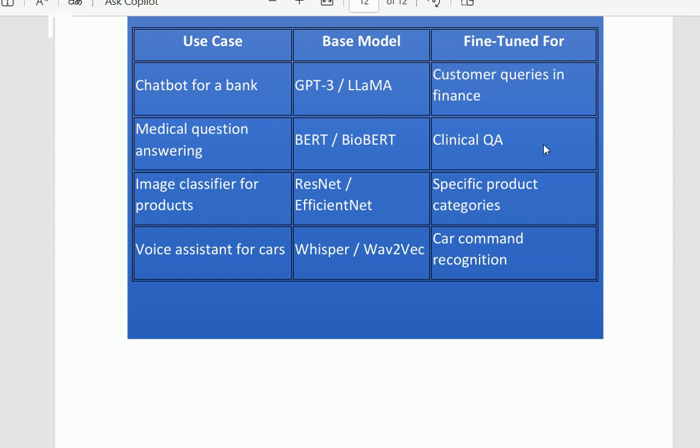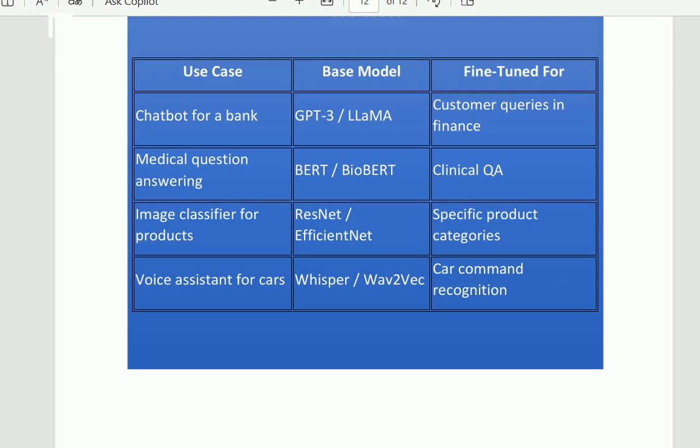So this is the option for the voice assistant in the car. After taking the base model, Whisper or Wav2Vec, you have to add some car command recognition in the application.